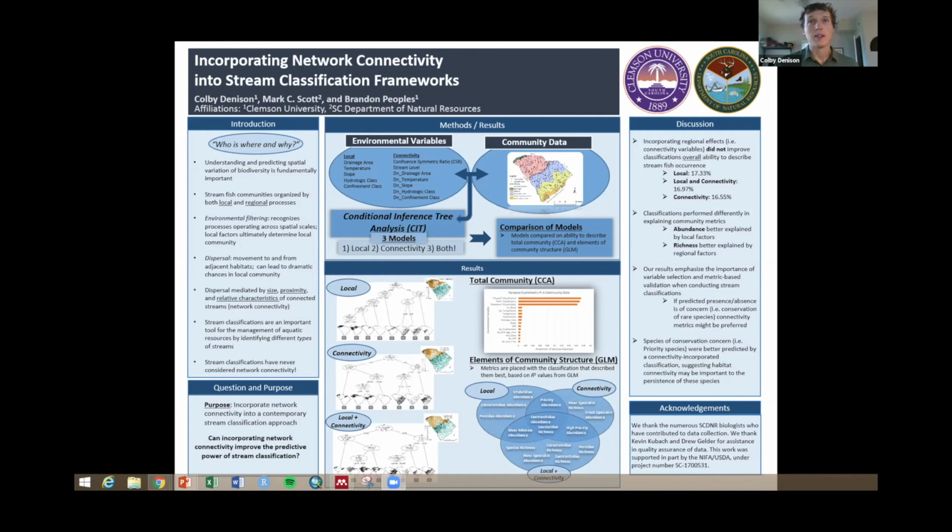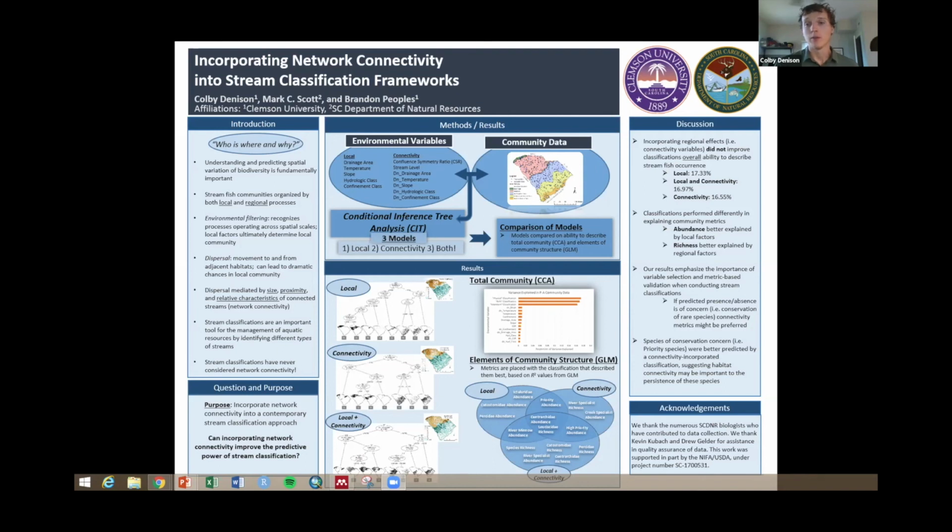So where I'm coming into this is incorporating connectivity into stream classification. So that's our purpose, and I'm really just trying to answer the question, can incorporating network connectivity improve the predictive power of stream classifications? So methods, I created a database of all South Carolina streams,